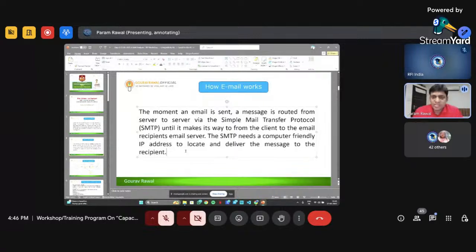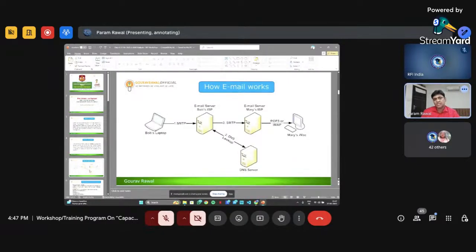So the moment an email is sent, the message is routed from server to server via the Simple Mail Transfer Protocol until it makes its way from the client to the email recipient's email server. SMTP needs a computer-friendly IP address to locate and deliver the message to the recipient. We can see it in how email works. Suppose this is one user, Bob, and this is another user, Mary.